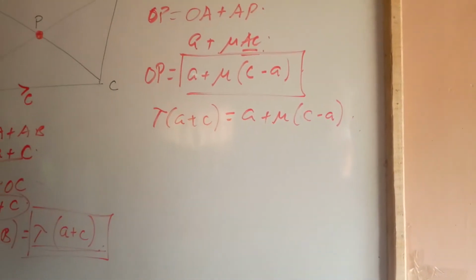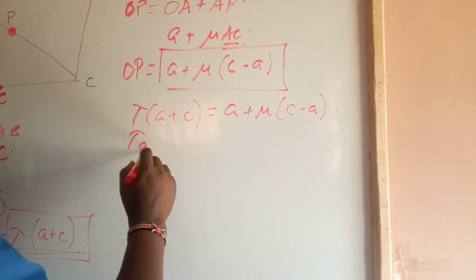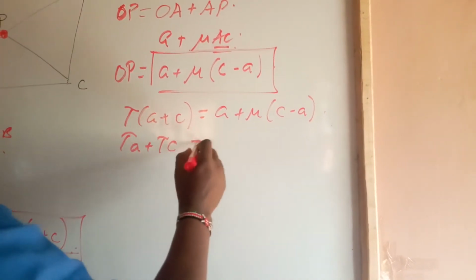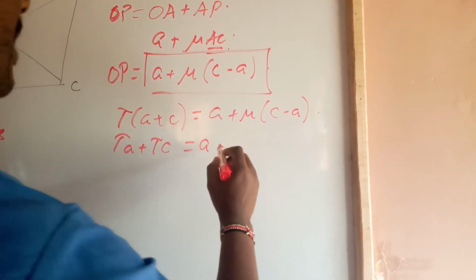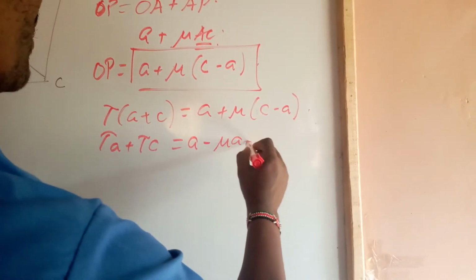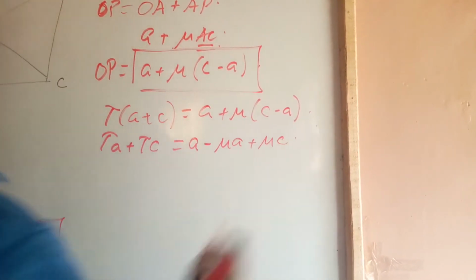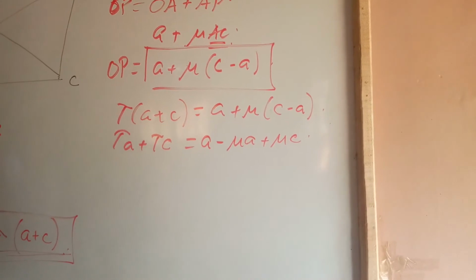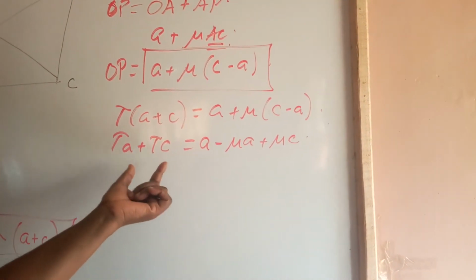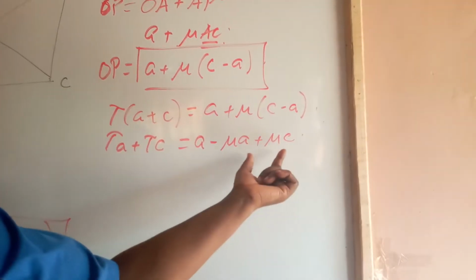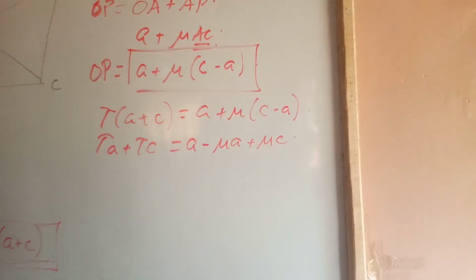If you open the brackets, you are going to have lambda a plus lambda c equals a minus mu a plus mu c. Of course, because the two sides are equal,